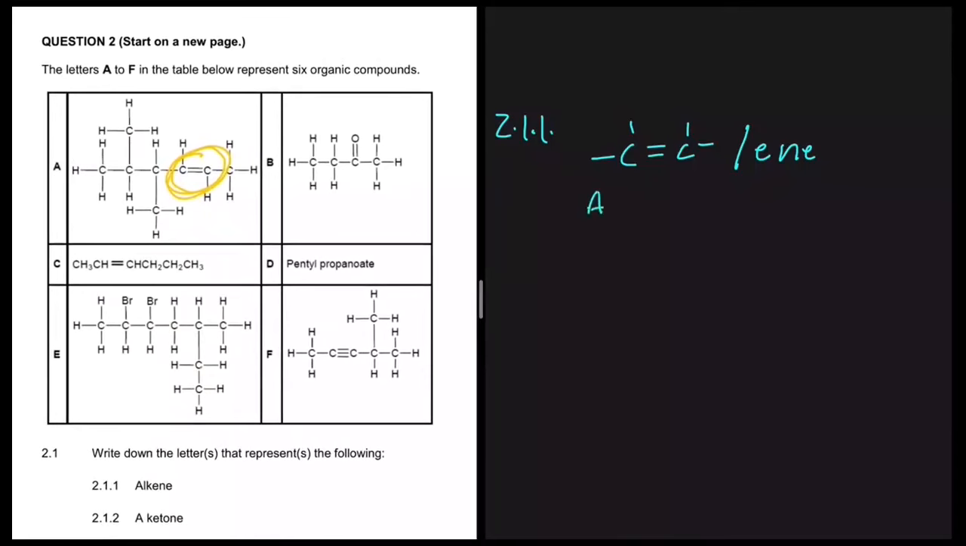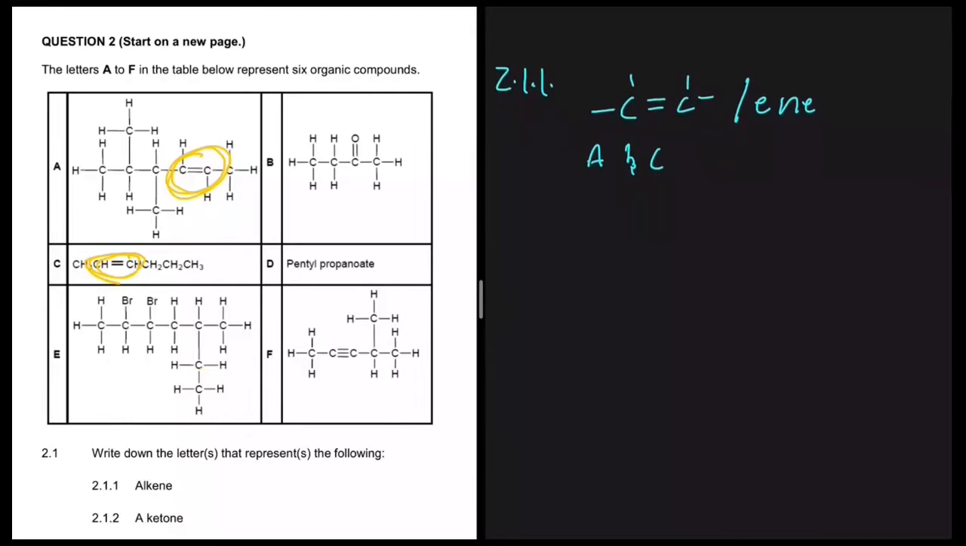And then B, we don't have any double bond between carbon atoms. And then on C, we have a double bond here. So C is part of our solution. So for 2.1.1, we have A and C. And then for D, there's no double bond, and it doesn't end with E-N-E. And then for E, no double bond, and for F, there's a triple bond, right? And that's not what we're looking for. So the answer for 2.1.1 is just A and C. Now let's go to